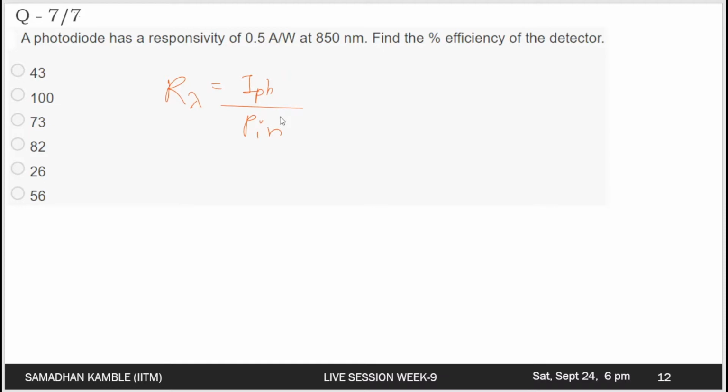Also, quantum efficiency is another parameter. Quantum efficiency, eta, is the number of electrons generated per number of incident photons, and it is given by P in over the incident energy h nu. If you compare these two and substitute for P in, we'll get the responsivity,